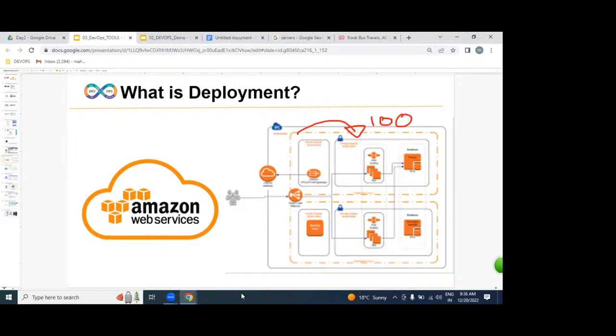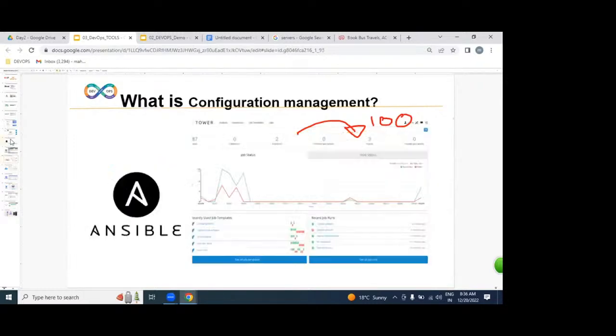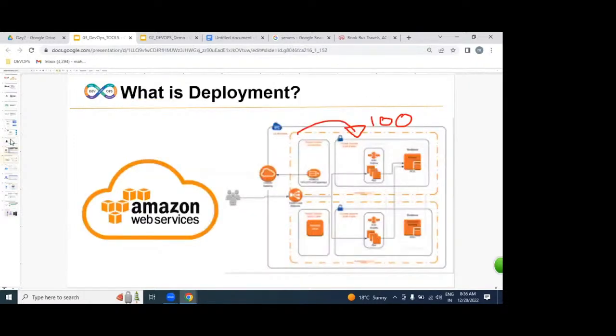Which cloud are we going to be learning? AWS. Any cloud, Azure, AWS, Google. If you want the infrastructure, we can get it in any form. On top of it, we are going to be implementing an automated process with the help of Ansible and Chef. Finally, we are going to be getting hundreds of servers from AWS. We are placing our application, our websites on hundreds of cloud servers with the help of Ansible and Chef.